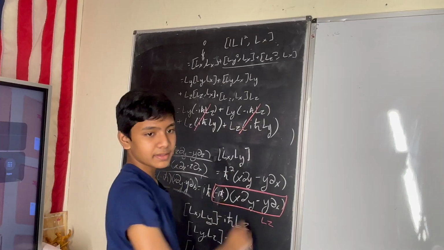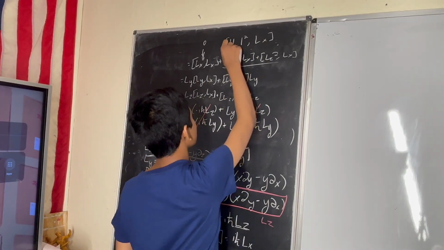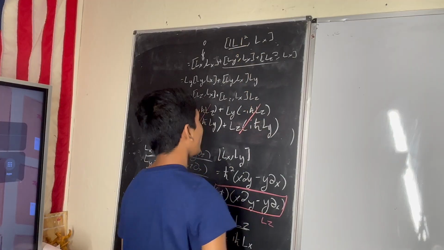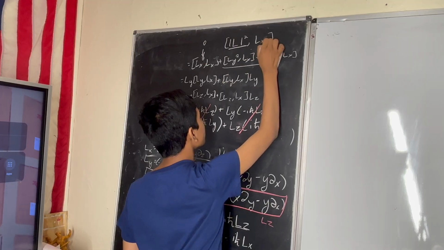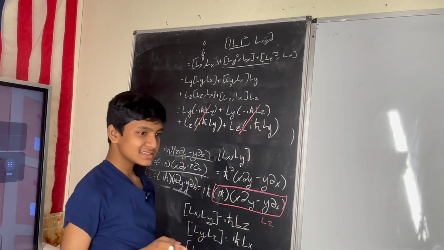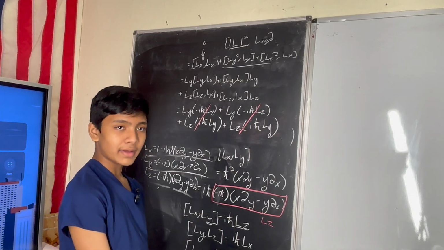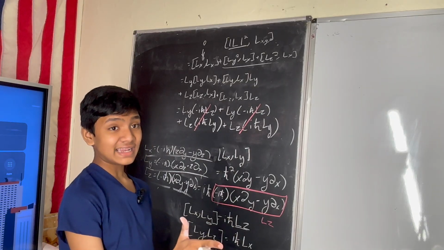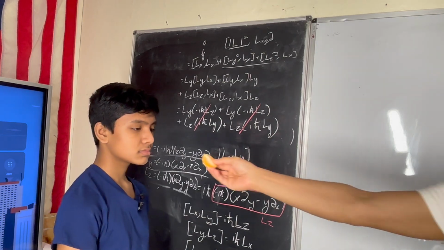And of course, by cyclic permutation, that means that the norm squared of L is compatible with all three of its components. Which means that we can both know the magnitude of the angular momentum and one of its components at any given time. If the third component happens to be zero,